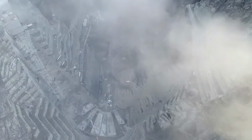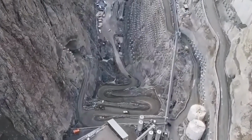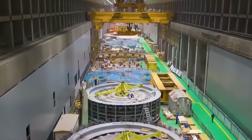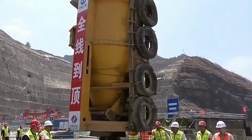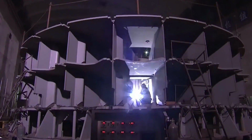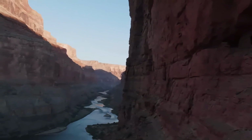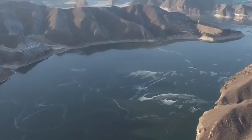In addition to its flood control function, the Hoover Dam is also a giant hydroelectric power plant. Its U-shaped power facility houses 17 turbine generators with an installed capacity of 2.08 million kilowatts. During the installation process, engineers overcame numerous challenges using special lifting equipment and techniques to successfully position the massive turbine generators. The dam then harnessed the Colorado River's flow, creating a large reservoir, Lake Mead, to supply water to the